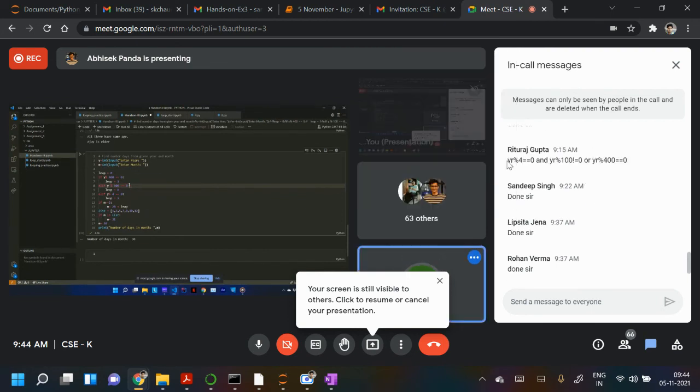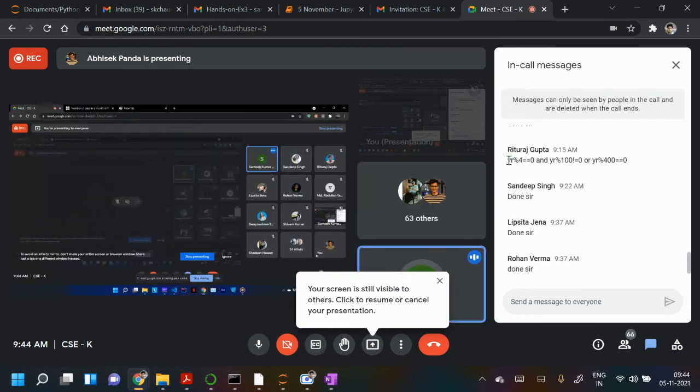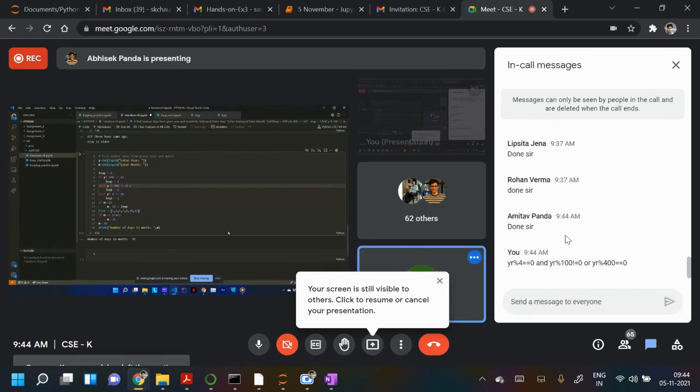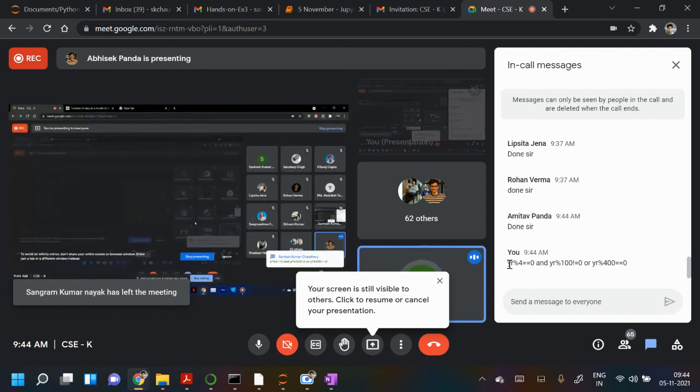Ritu Rajgupta has already posted in chat what the condition is. You please modify it. So control C. Yes, sir. Let me execute for a while. Sure, no problem. You try, it is a good thing. In one condition, you write the first two, this part.